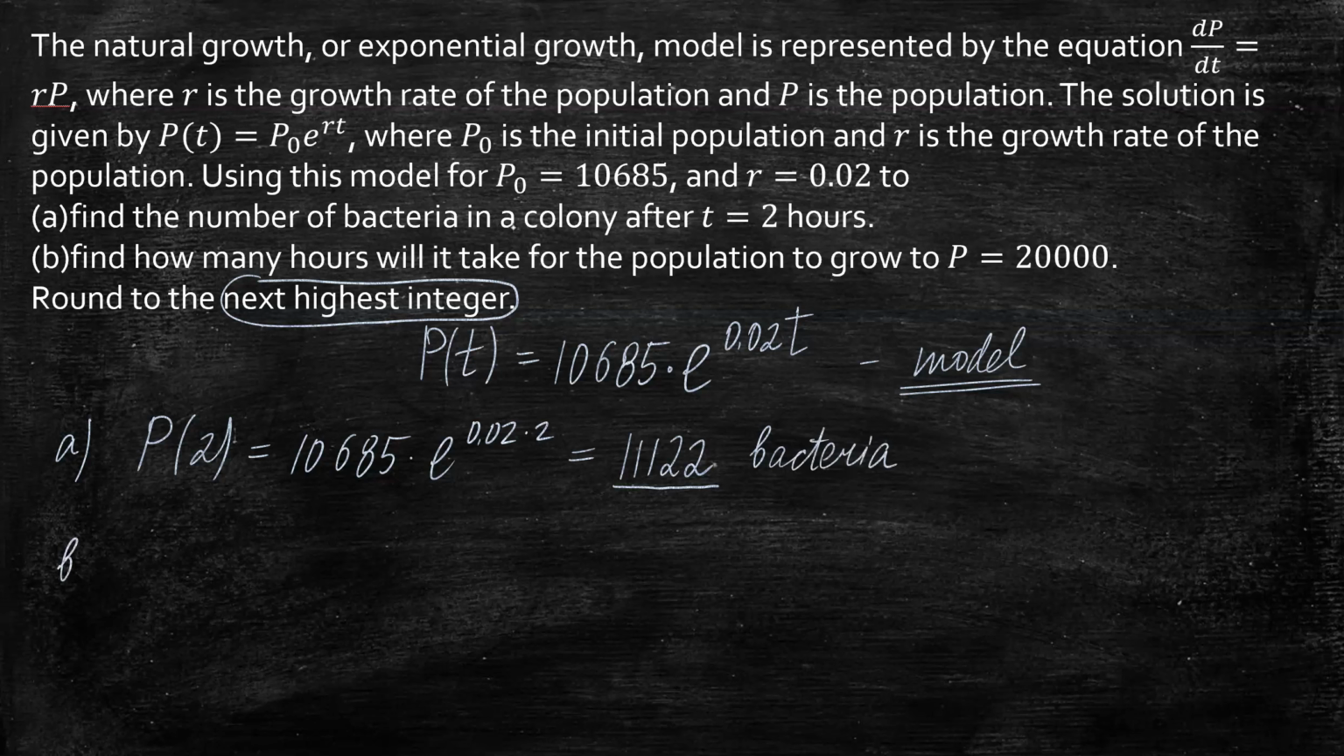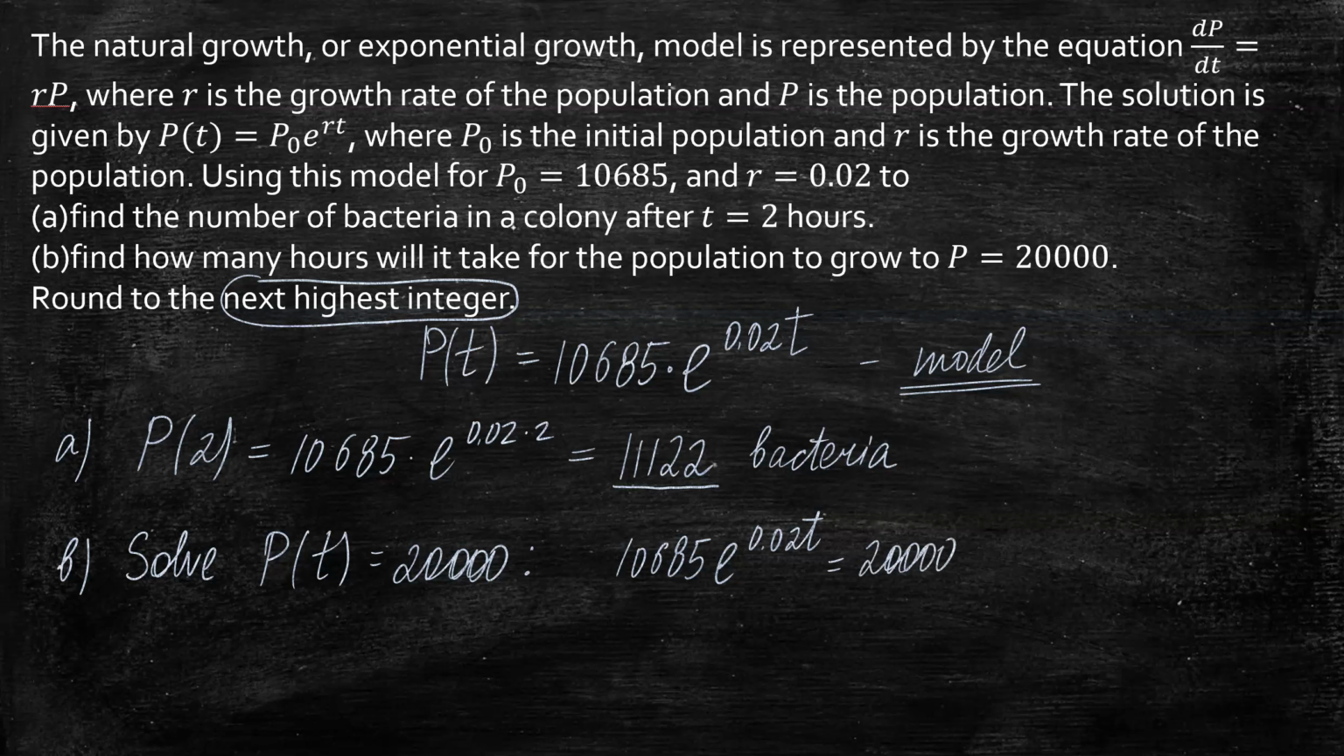To answer the question in part B, again, we already have a model. So to find how many hours it will take for the population to grow to 20,000, we have to solve this equation, which is nothing but algebra. So we set up this equation, and t will be equal to